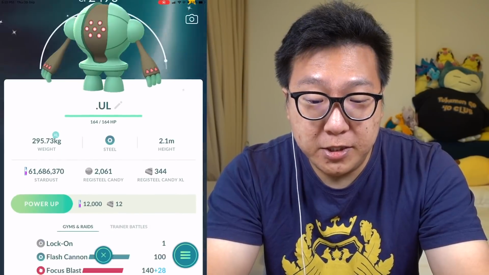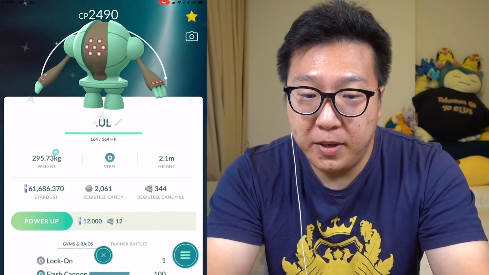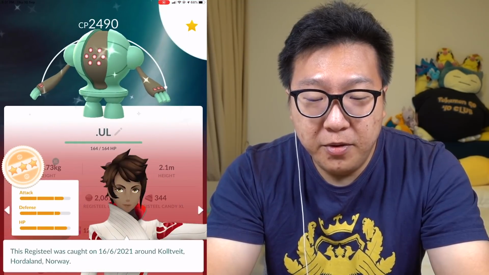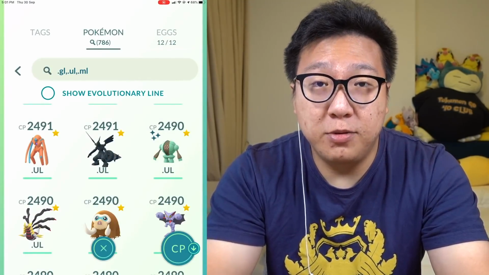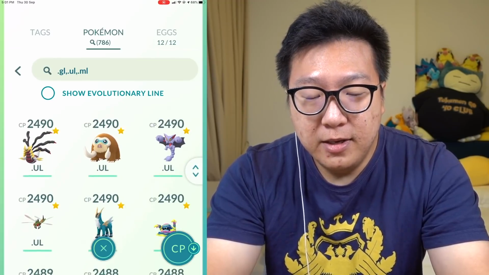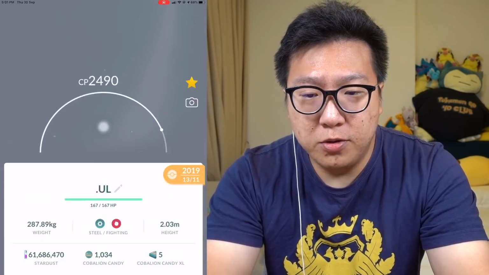That's going to be a Registeel. This Registeel is the one that I caught recently during the remote raid period, and no, it doesn't have super duper good IVs because I could have traded down the attack to actually get a better one, but nah. Okay, so these are some of the ones that I do use, Cobalion also in the Ultra League